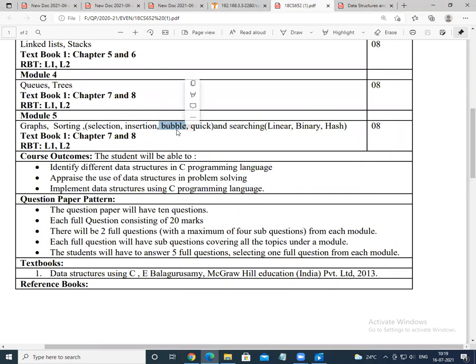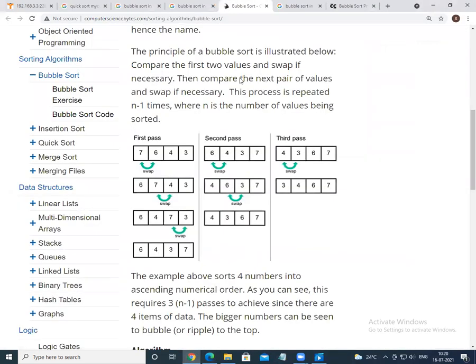Bubble sort, I could not record the video. As I promised, I will record it and forward it. Next, in the last class we have seen selection sort. I have uploaded the video to the YouTube link. You could see what a selection sort is. Altogether, in the syllabus we have selection sort, insertion sort, bubble sort and quick sort. Bubble sort we have gone through briefly.